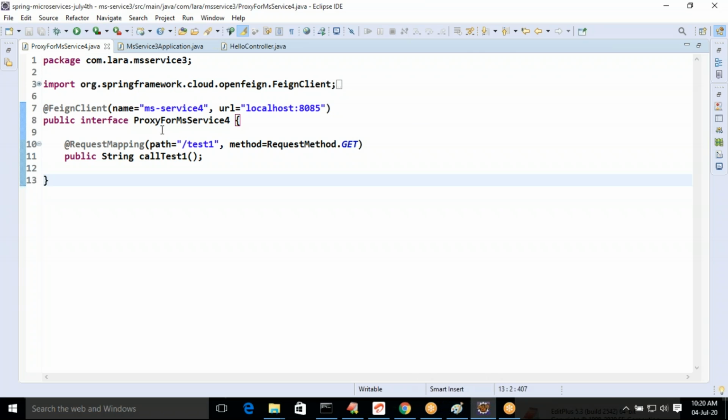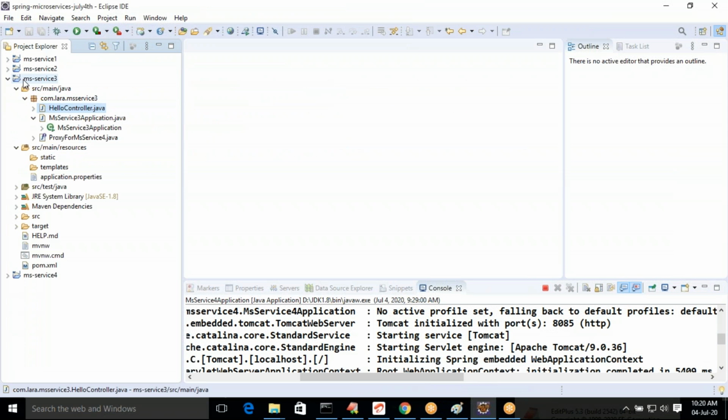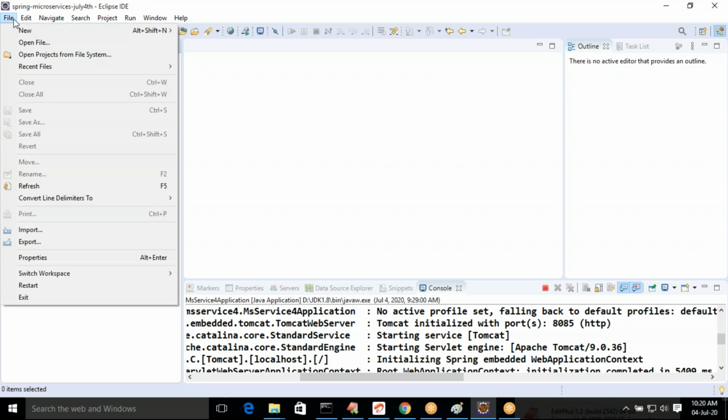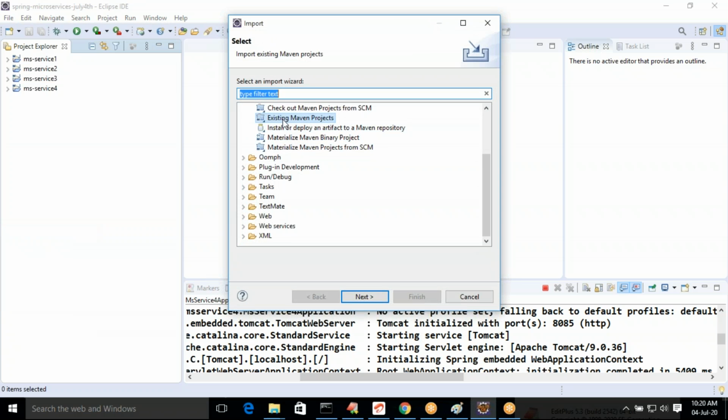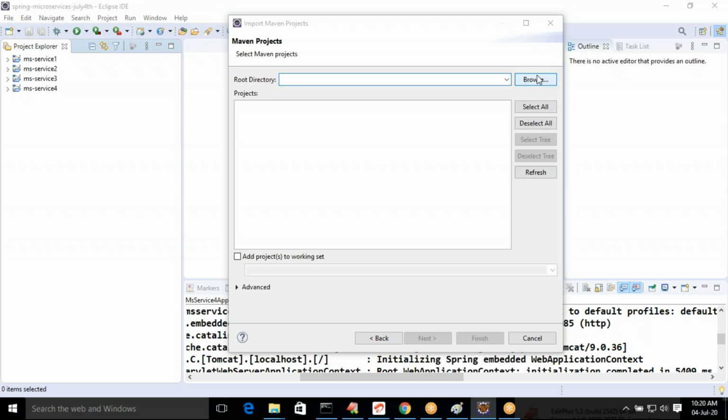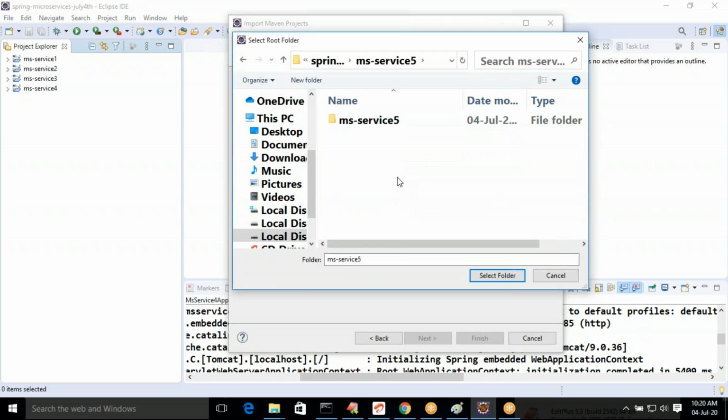Try to import both. Let me close. Five I am importing.